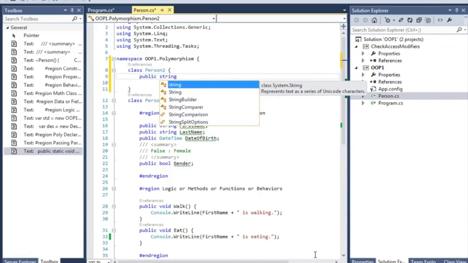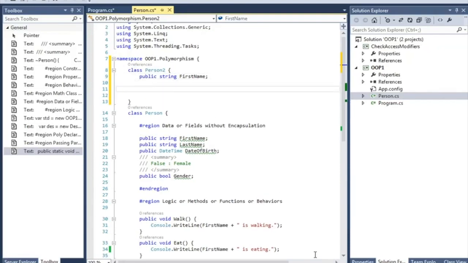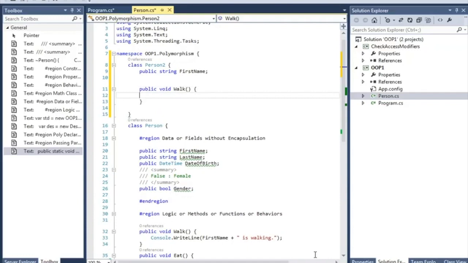Try to remember that these are the fields, and we're going to talk about the properties later on. So string first name, let's say, and to write a method, write the return type and define the method. That's it. So that's how you're going to create a class.